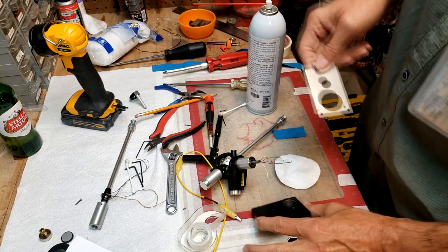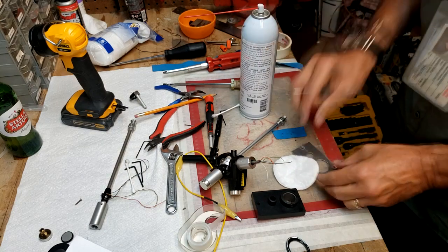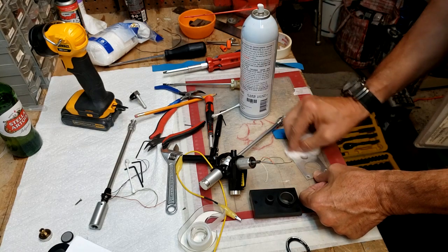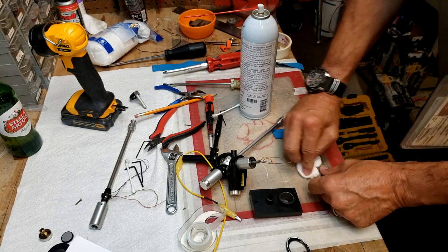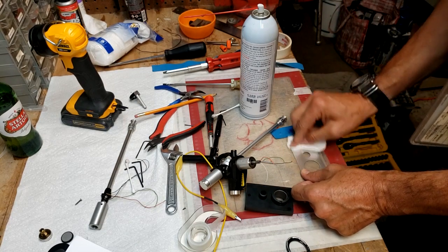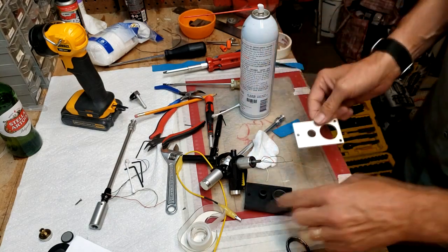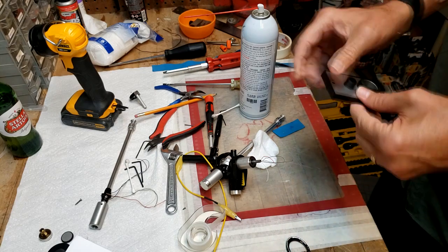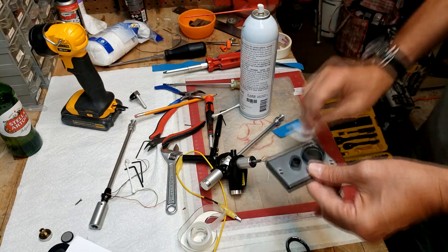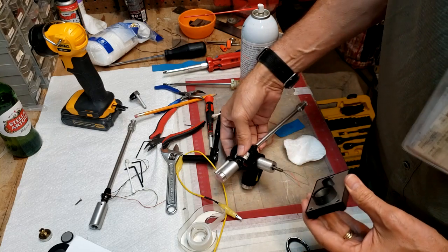You want to have the shiny side. You want to clean that off. That's all grimy. Oh yeah, it cleans up nicely. There we go. Got lots of goop and dirt and crap on it. There we go. And it looks almost shiny new. And then, of course,